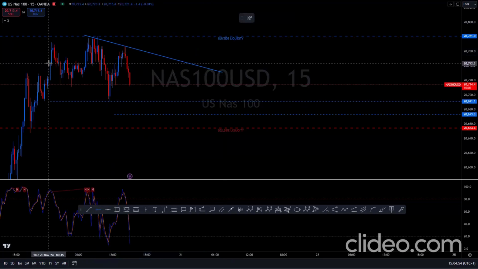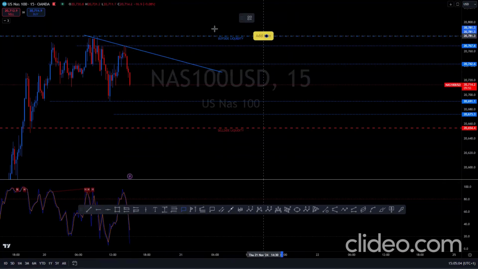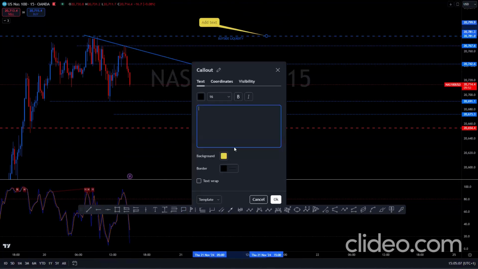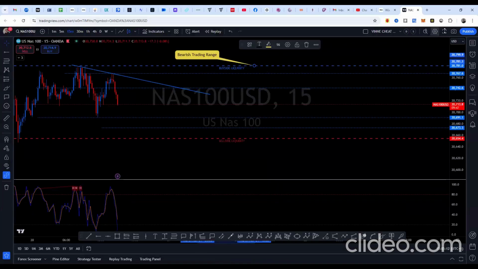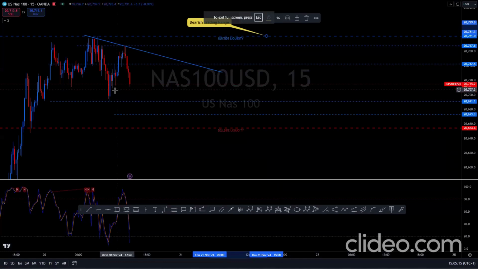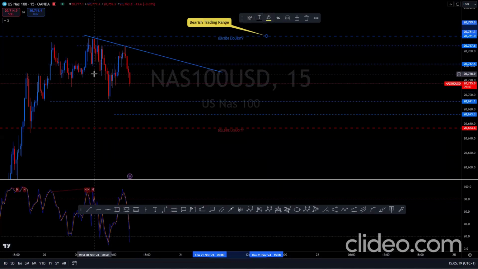See the breaker structure all around this area. Then we got our swing high. So I would say they're in the bearish trading level. But really, when I look at this structure here,